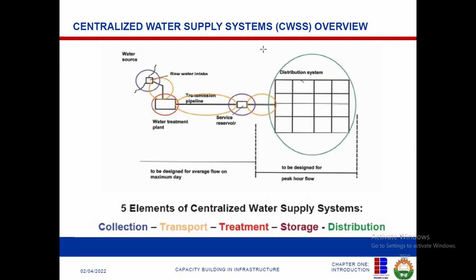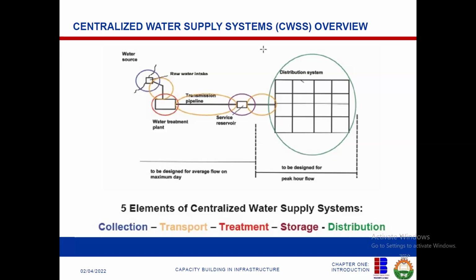When you transmit the water, it's ideal to have a service reservoir. The service reservoir serves many purposes. Most times it is for further treatment, or to serve as a buffer or a pressure regulator. Water coming from transmission to distribution can sometimes come with very high pressure that can cause domestic local problems. So most times you have a service reservoir where you can further treat or regulate the pressure to the end user. And then from there, it goes to your distribution network,